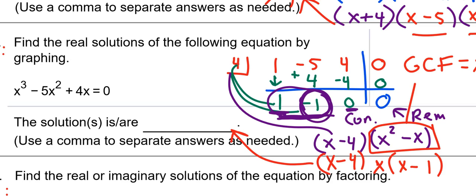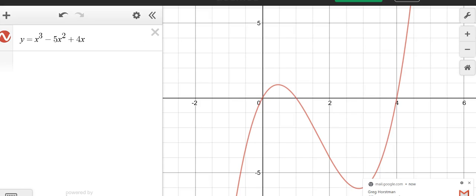Okay, most of you probably got this one, right? What is that? That's a 4, right? What did you get for this one over here? 1. My big question is, what did you get for that one? The negative 1. The only number you could put right here which would cause this whole thing to become 0 is 0 itself. Now I'm going to show you the graph of this polynomial so you can see what it looks like, because I need you to make a connection in your mind. You can see on the graph it crosses through at 0, at 1, and at 4.